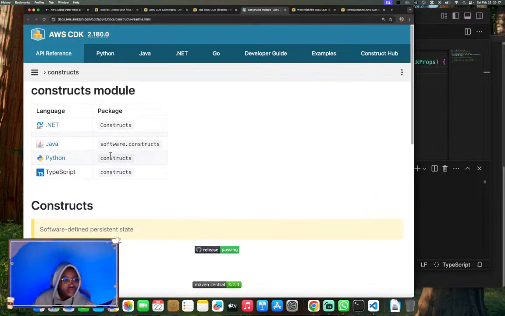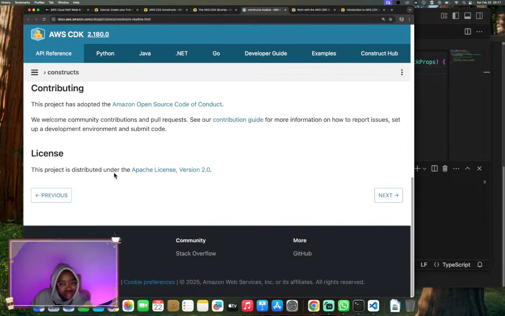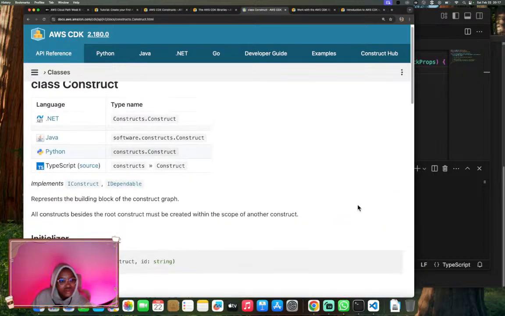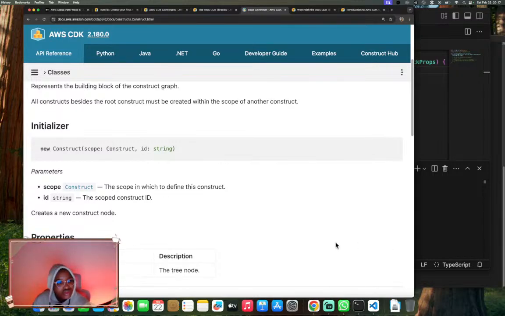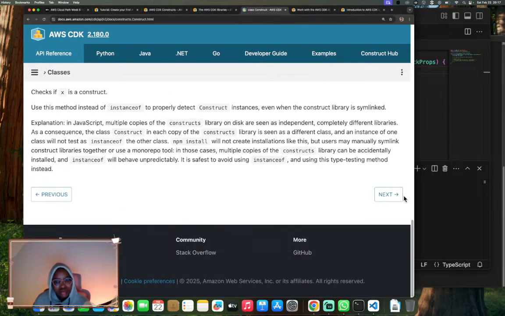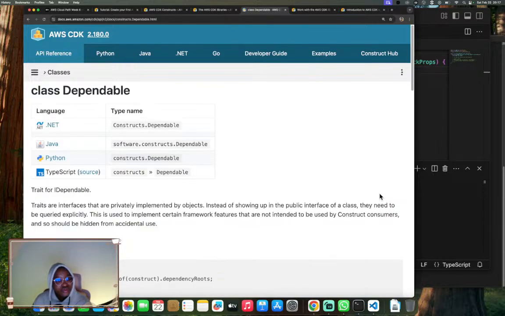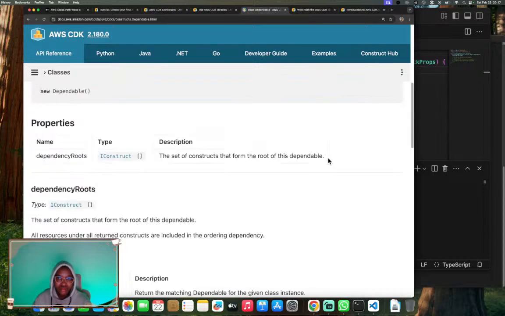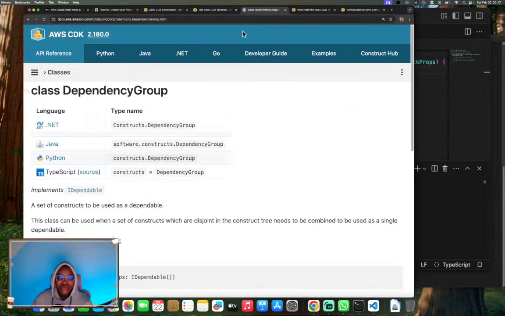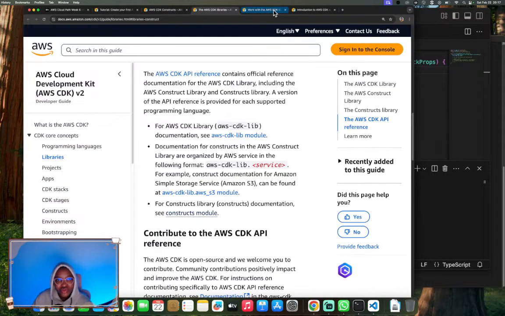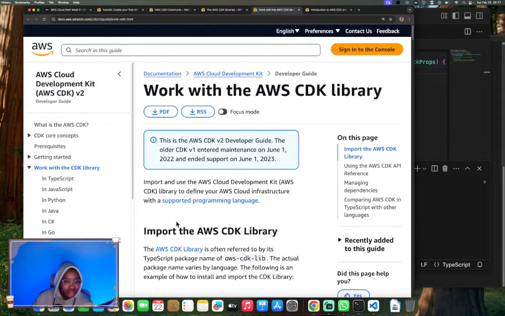I'm not sure if okay. Let me see if I'll be able to get to it here. How to initialize a construct, the scope of construct. This is not what I'm looking for. To take us a lot of next to get to where we want to. Nah, we're not going to go through all that next. But